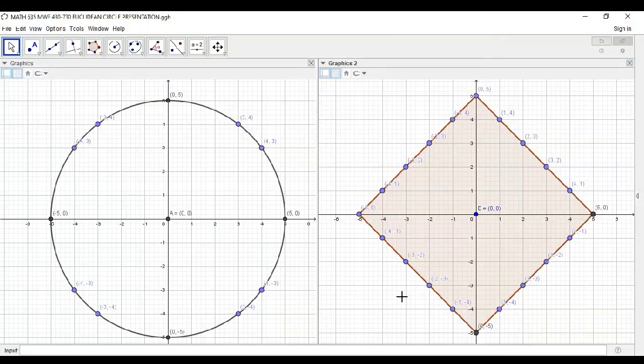Now that you have learned how to envision a Euclidean circle versus a taxicab circle, let's discuss these types of circles a bit further. A circle in taxicab geometry with center C and radius R is the set of all points R units from C. If we were to draw a circle in Euclidean geometry with a radius of 5, we